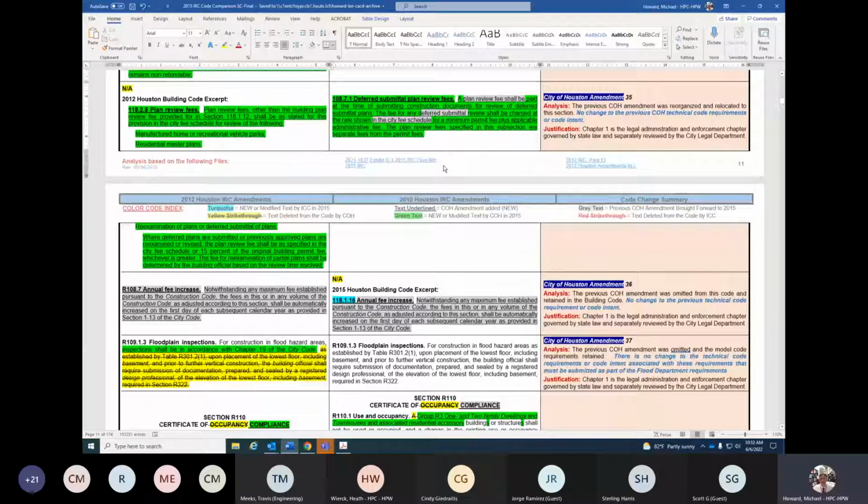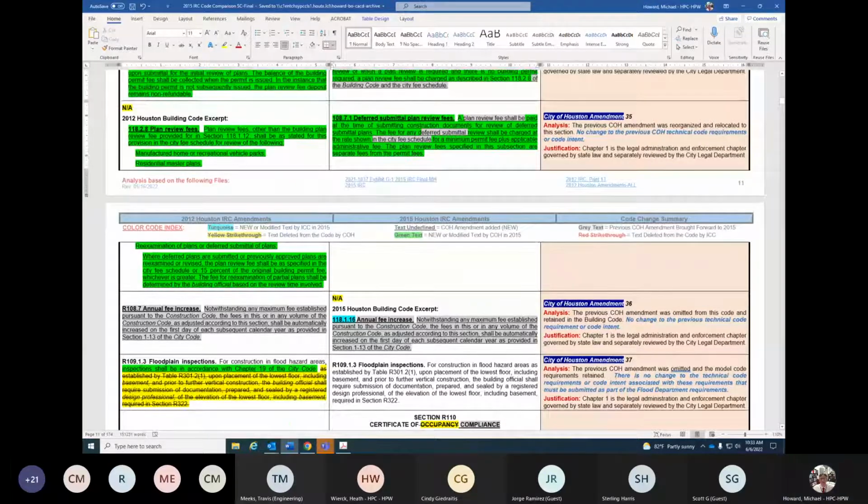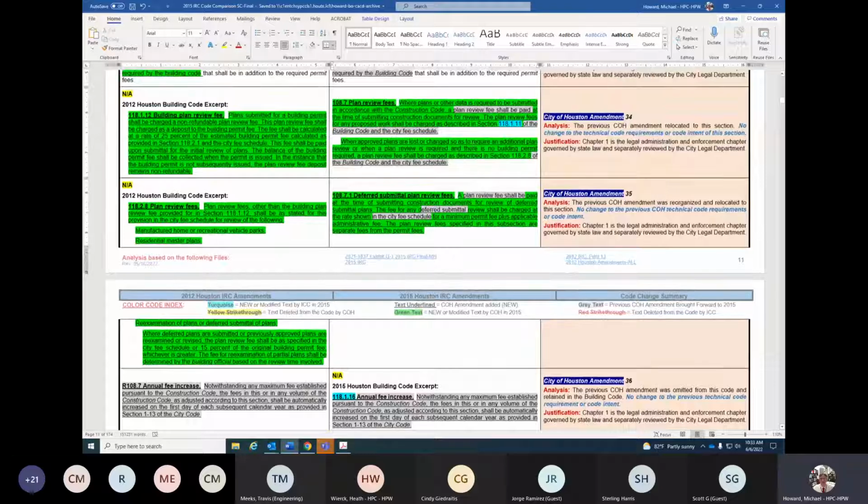Deferred submittal plan review fees. The previous City of Houston amendment was reorganized and relocated to this section from the previous section, which was 118.2.8. Now it's in 108.7.6. And this is where this particular document helps. It shows you where a section or a code requirement was provided in a previous code,